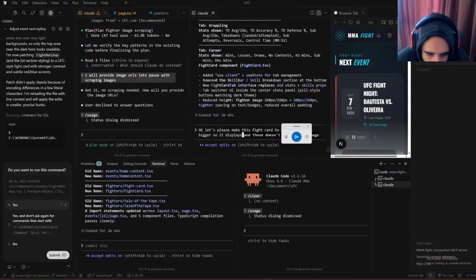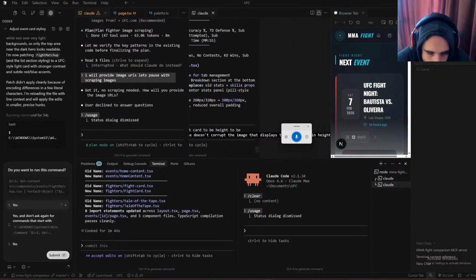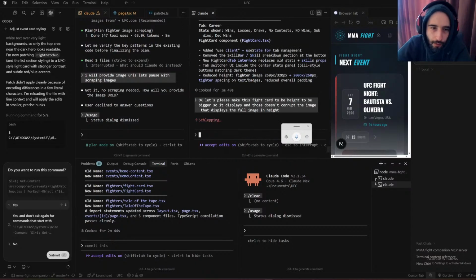It displays the full image in height. Okay, let's try that. I don't know. I'm not sure if it will work, but